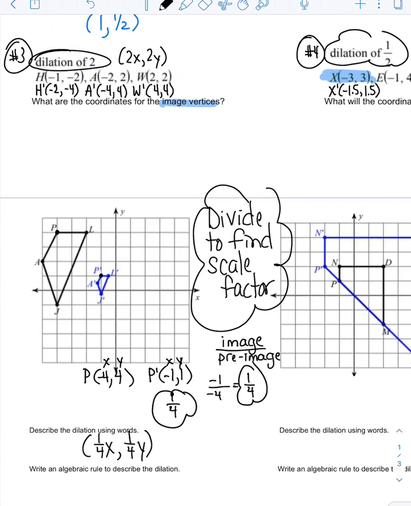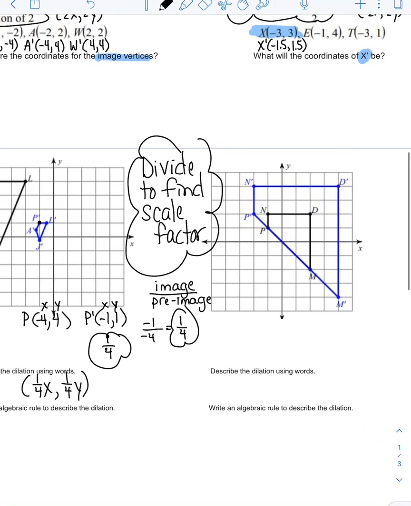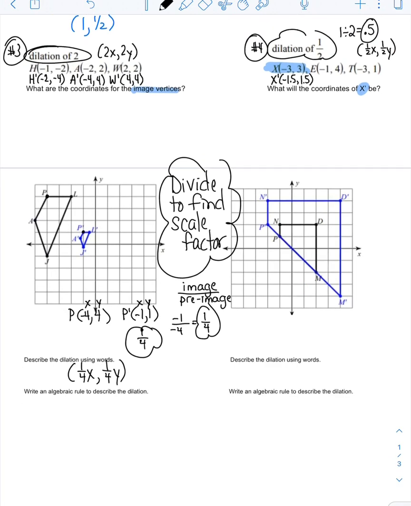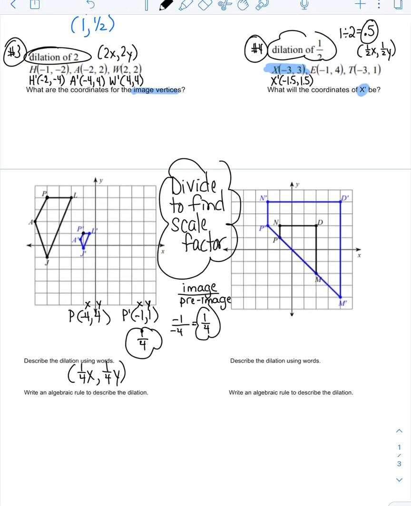So let's try that one more time. On this one, again, I want to try to find exact points. It looks like all of these are exact points, so I'm just going to pick D. So here's D and here's D prime. So my pre-image D is to the right 2, up 2, so 2, 2. And D prime is to the right 4, up 4. And using these notes right here,